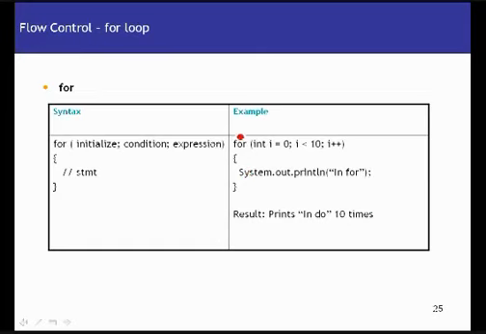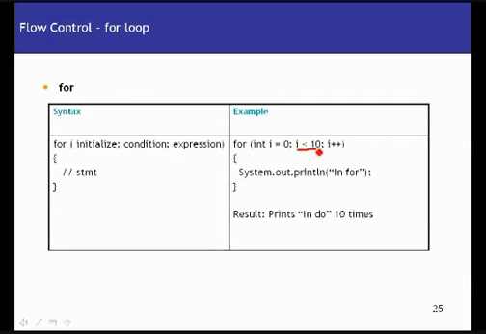Then again it goes back here, and now it executes whatever is there in the expression. In the expression I have I plus plus, so it's going to increment the value of I to 1, right? And then it's again going to check the value of I against this condition. It's going to do this every time until this condition becomes false. Then it's going to come out of this loop and execute the next statements after the for loop, right? So I hope this is pretty simple.